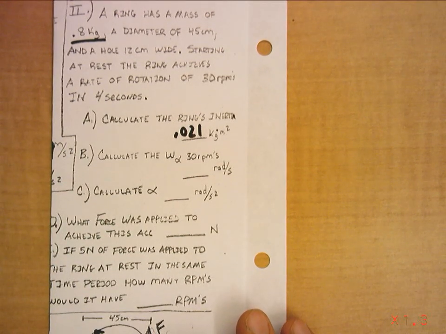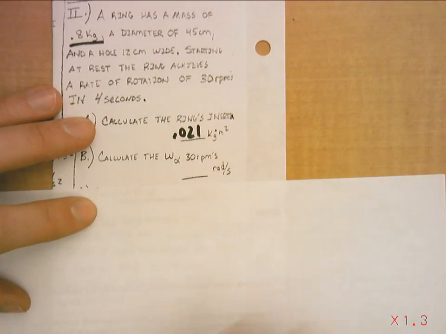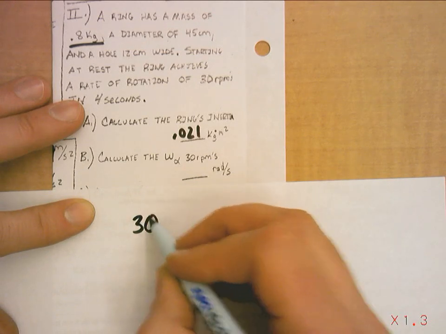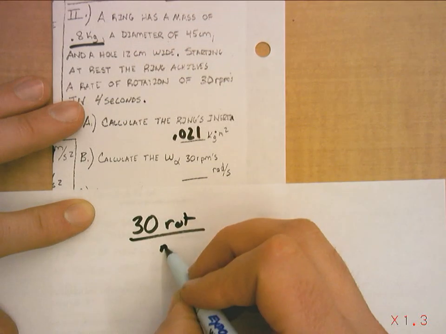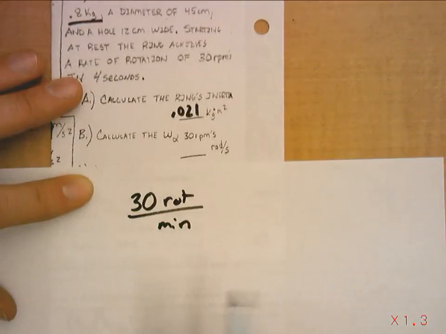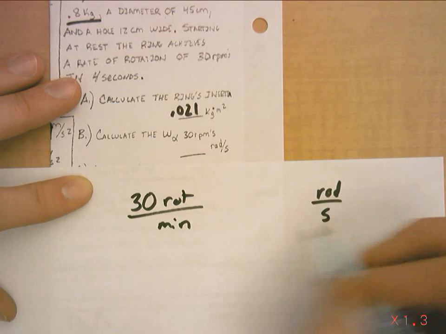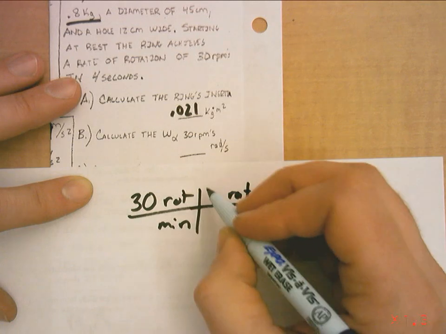So now we're ready to calculate what W would be at 30 RPMs. To do this is just another conversion. It's like comparing miles per hour to kilometers per hour. It's two ways to look at the same thing. They're both W, but we need to get our rotations per minute into a more user-friendly kind of thing, radians per second. So to do this, we can turn rotations to radians. We know that